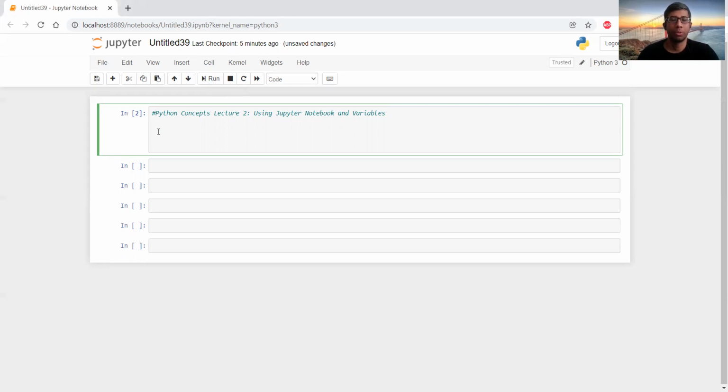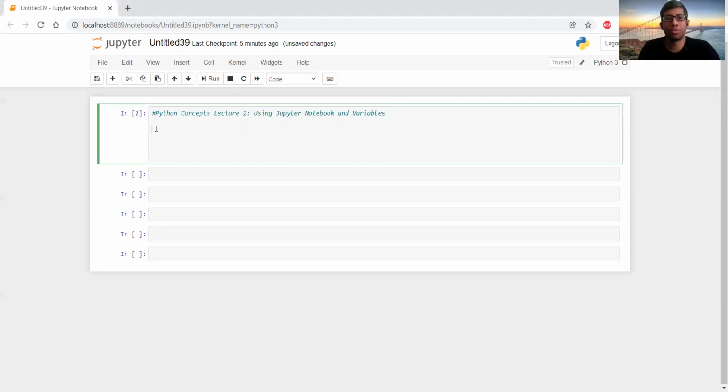For example, if you use the hash before your line of code, then it becomes a comment, so it won't affect any of the running of your codes. But if you remove this, it becomes a code. So make sure you use the hash before any of the comments you make. For example, this Python concepts lecture 2 using Jupyter Notebook and variables, that is the first comment that I'm using here,